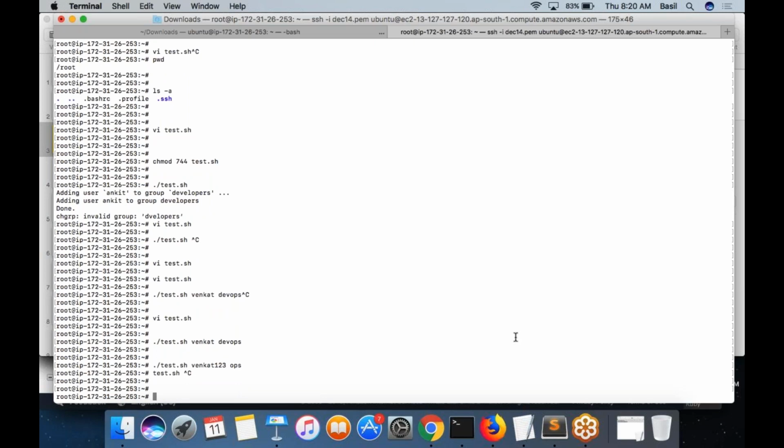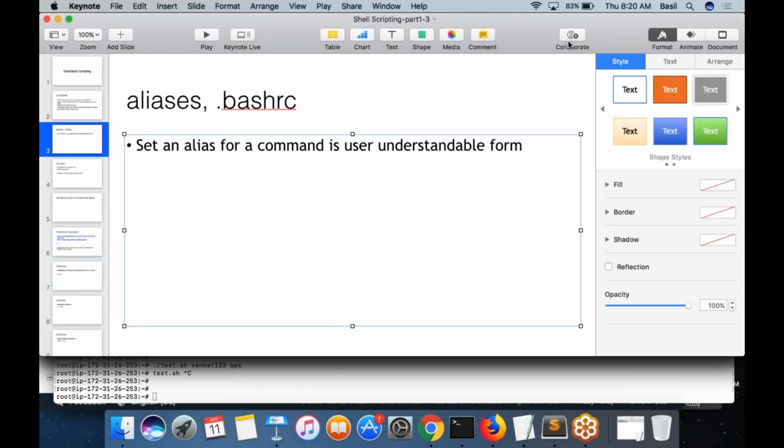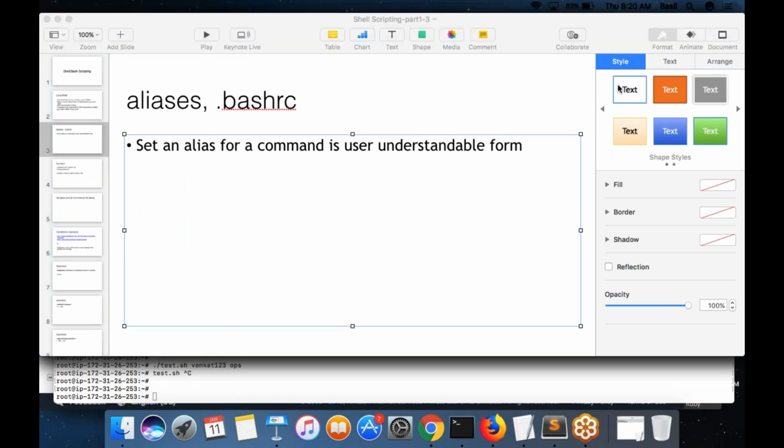So I just wanted to show you some examples of what all things you can do using a shell script. So now we will begin with our topics. Any questions, or maybe we will take a short break. Any questions? I hope you got what is shell and what is the path variable, right? That is most important. We are going to use these things later on when we learn more tools and technologies. We are going to refer to this path a lot. So, yeah, go ahead.